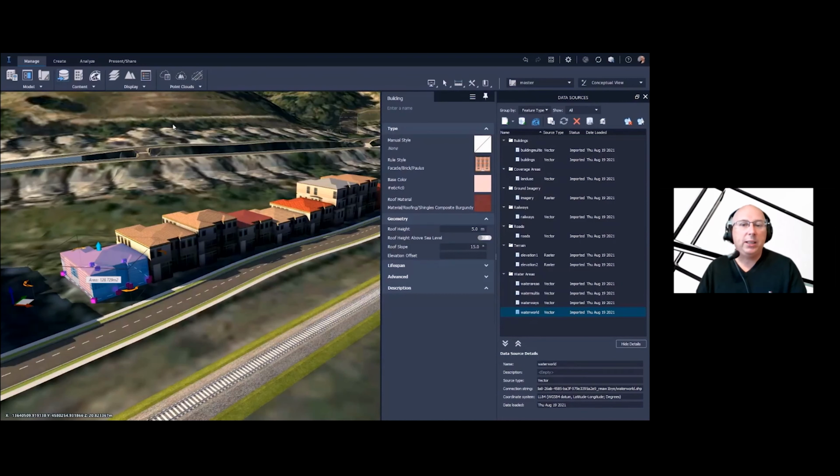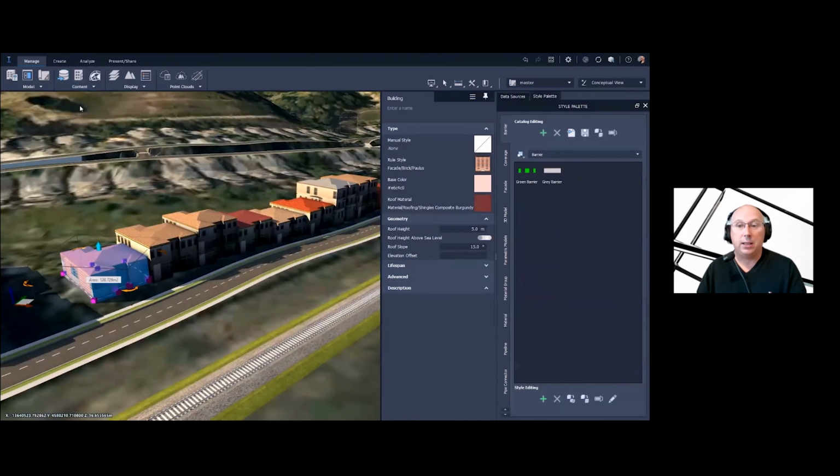But we can completely override this with a model that comes with InfraWorks. There's a whole bunch of free models in our style palette. We have barriers and facades and things like that. And we've got pipelines and that sort of thing. But under our 3D models, we've actually got residential. It comes with about 7 or 8 different built-in types, and you can bring your own. These are all objects. You can bring them in from Revit, or if you've got a Collada file, whatever, you can import them and use them at any time you want. But these are the ones that come with InfraWorks, and you can use those.